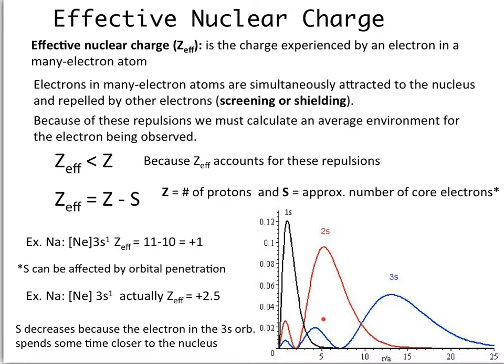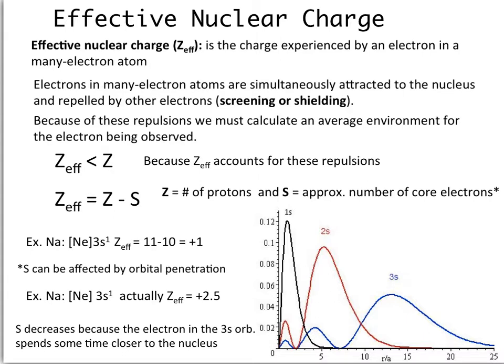However, because there are some penetration effects, there is a chance that that 3s electron would be closer to the nucleus, so the shielding we see when we assume they're all residing in a specific location at all times becomes altered. So that S value gets a little bit smaller,